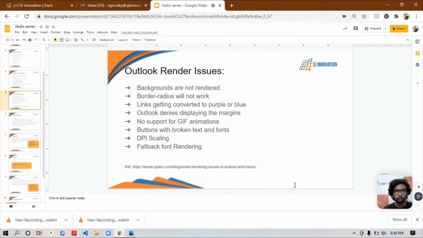Firstly, backgrounds are not rendered in email, specifically in Outlook. Your email template can't render the background if you are using any kind of background images. So you need to be very concerned about it. Whenever you are using any banner images, try to use them as normal images, and don't use them as a background. But if your email template design requires a background,